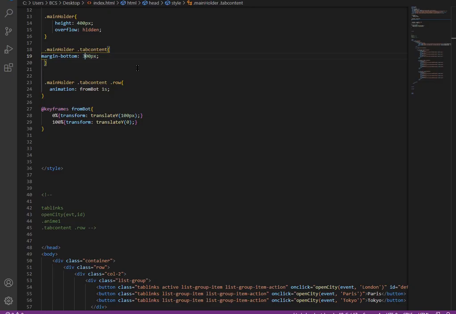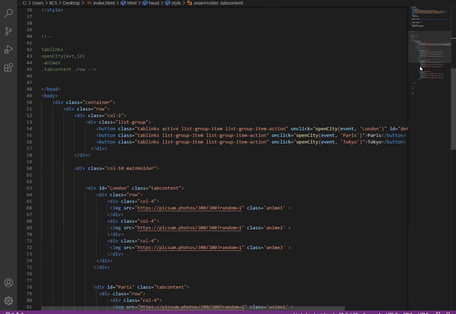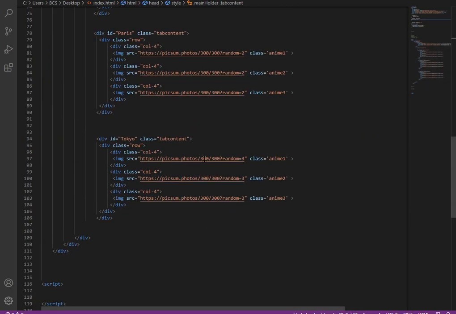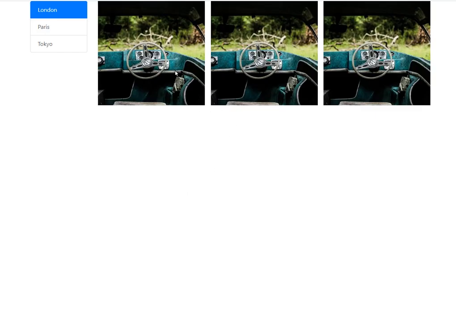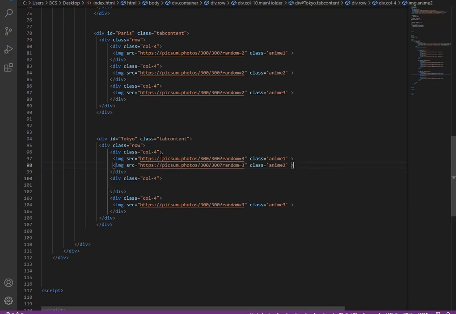So I hope this is clear. I leave it to you. You can work on it depending upon your requirement. And once this is done, and if you want to style it even more, you can do it. Just like I want the first image over here, and the second image over here, and the third image over here. So let's select this image and place it over here, and give display flex property.